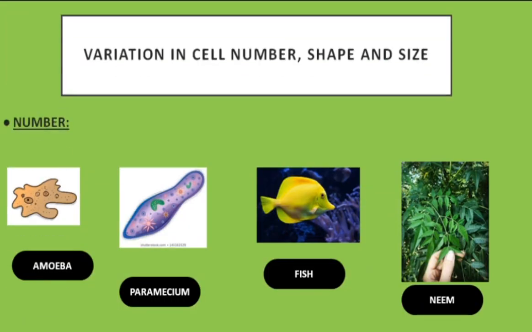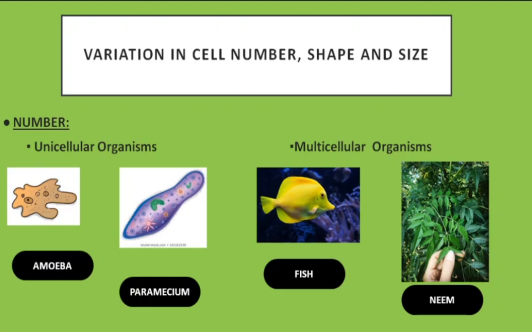The next comes your variation in cell number, shape and size. As you can see in the picture, according to the number, the organisms are divided into unicellular and multicellular. Unicellular means it is having only one cell performing all the functions, whereas multicellular means it has got a lot of cells doing different functions. So the examples of unicellular organisms are amoeba, paramecium, and the examples of multicellular organisms are